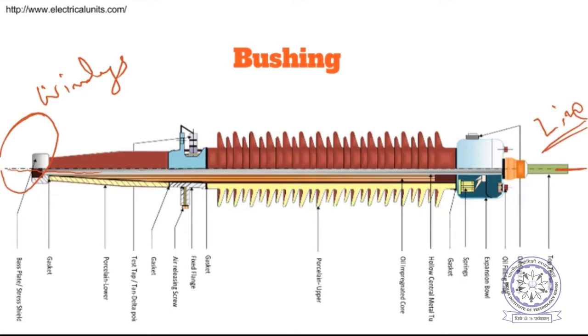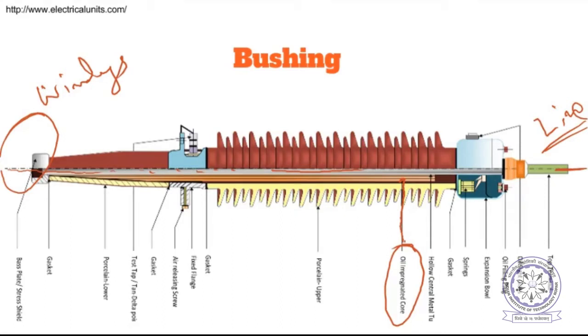Now, above this central tube, there are several layers of paper, oil impregnated paper. So this is oil impregnated paper, which has several layers. This brown color is indicated here, you can see. So in between the oil impregnated paper, at several layers, we will have conducting sheets in order to regulate the electric field. Regulate means, stress grade the electric field.